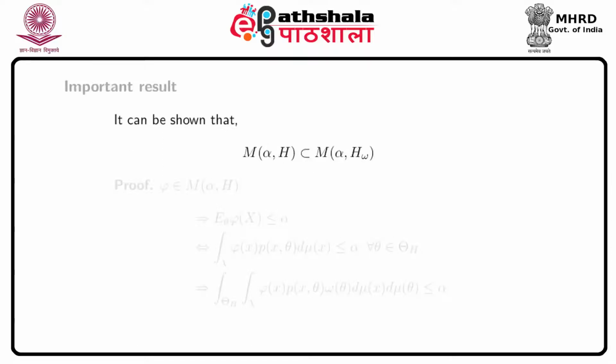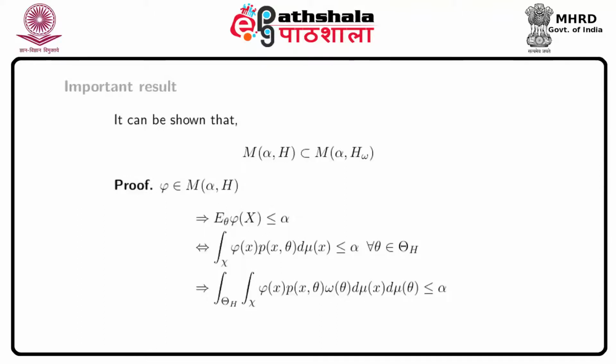It can be easily shown that the set M(α, H) is a subset of the set M(α, H_w), and that can be proved by assuming that whenever φ belongs to M(α, H), we get that φ belongs to M(α, H_w). Now, φ belonging to M(α, H) implies that the expected value of φ(x) under θ is less than or equal to α,